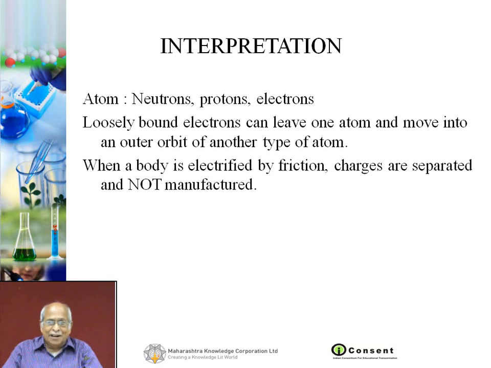Due to friction, electrons of the glass rod are transferred to the silk. So in the glass rod, the number of electrons is less than what it would have been normally, and that's why the glass rod appears to be charged positively. Yes, it is true that on the silk cloth there will be excess electrons, and so it will be negatively